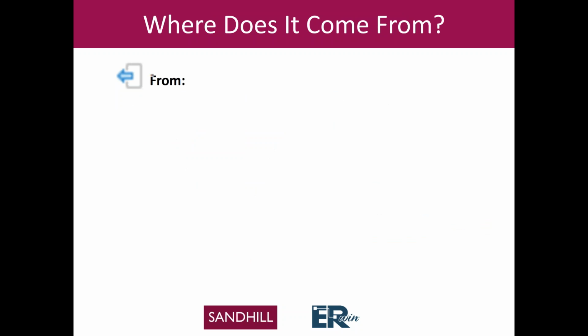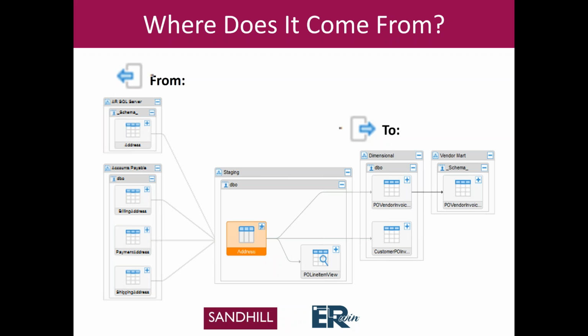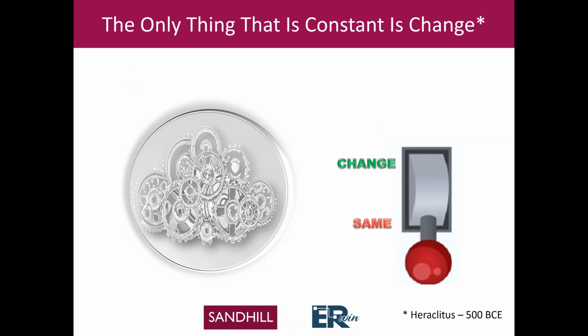Where does it come from? Well, same thing. As we start to look at the data movement and we see this thing that is in the staging area of a database, we want to go back to where the information came from, but by the same token, we also want to know where it's going. This is fundamental. A third question that is often asked is not only where does it come from, but what happens if I have to change it? And that's probably the most critical thing we're talking about.